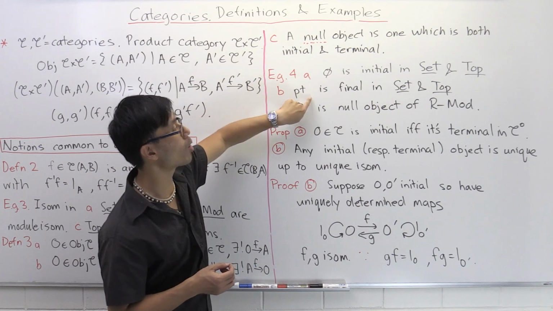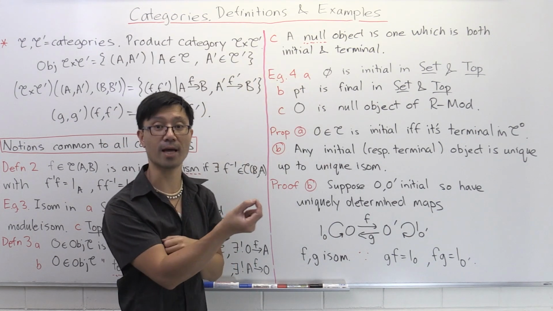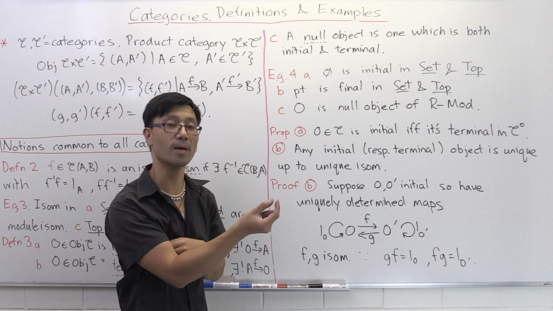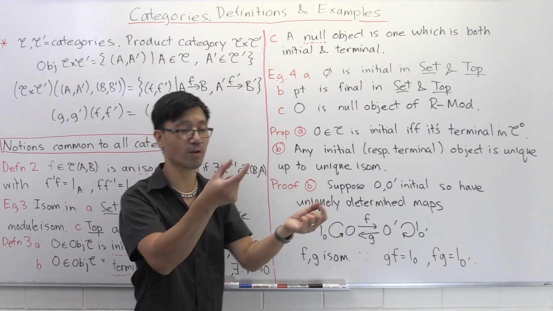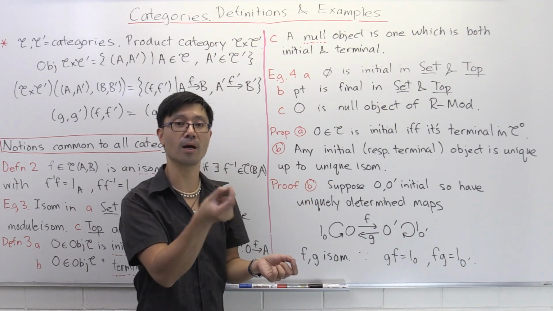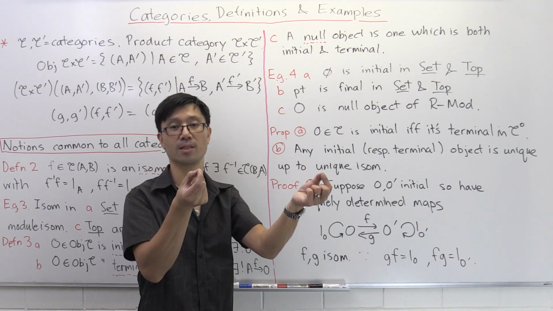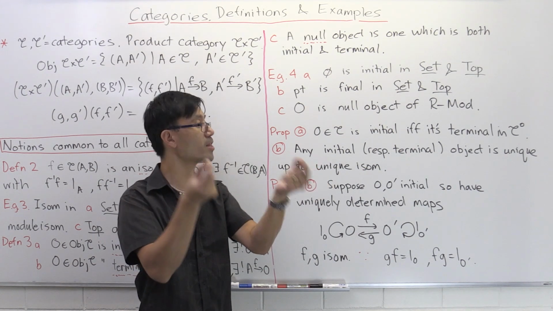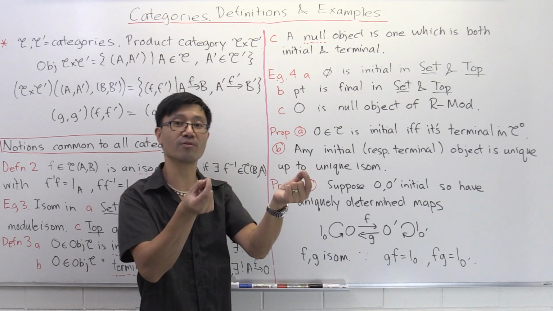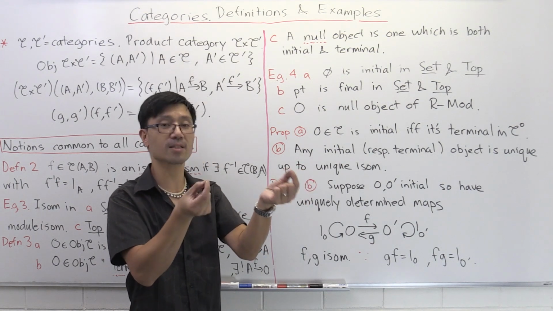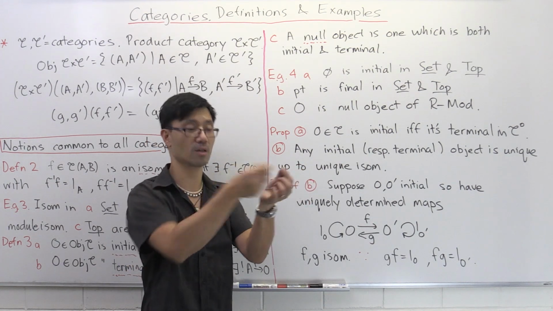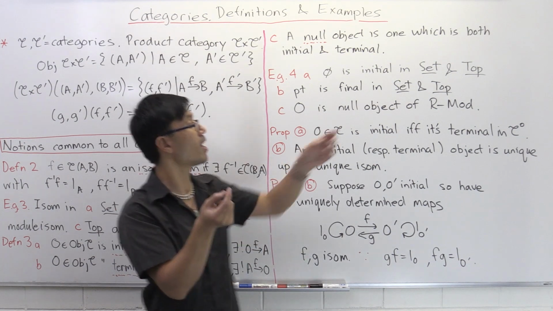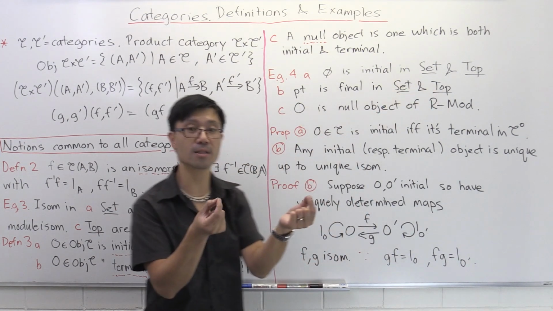Okay, so here you have terminal object, it's just a one single element set or one single element topological space. Well, there are lots of them, okay? You can have a single element topological space here, and you have another point here. Two separate points, okay? So they're different. So they're not unique in the sense that they have to be the same, but they're unique in the sense that firstly, they're isomorphic. Okay, so 2 points are of course isomorphic as either sets or topological spaces, but also